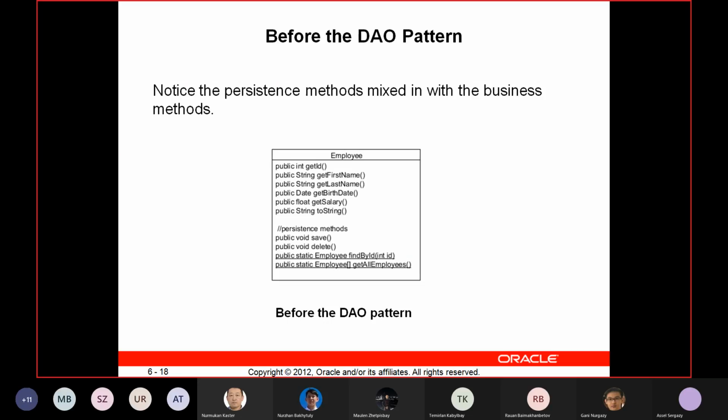There is a typical problem in the DAO pattern. If you complete this whole function, which is trying to work with the employee, there must be, of course, first name, ID, get birthday, and so on, information that belongs to the employee. There are also methods that save to the database, delete from the database, and then retrieve from the database or get all the information from the database. There are all of these things, but the problem is,